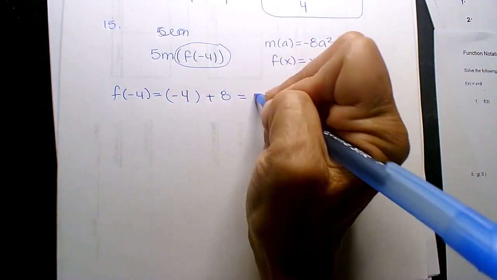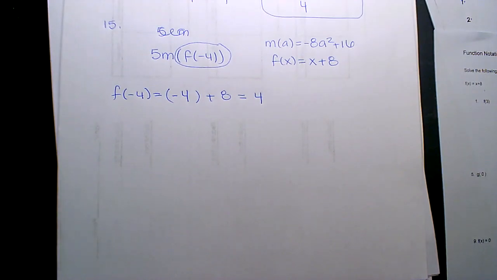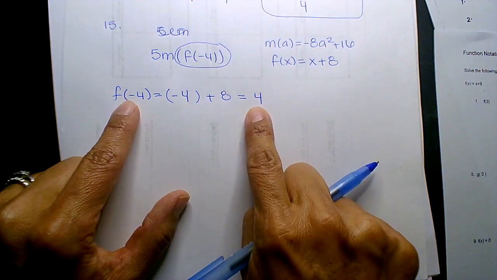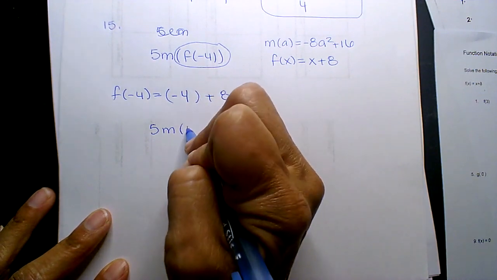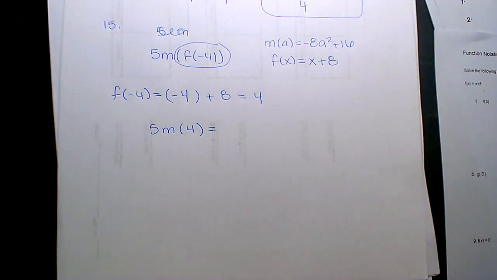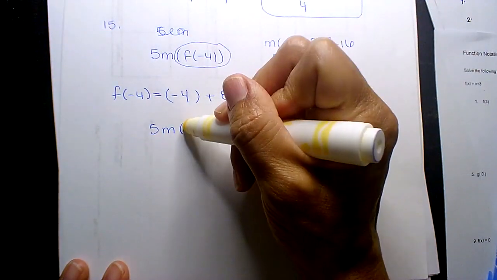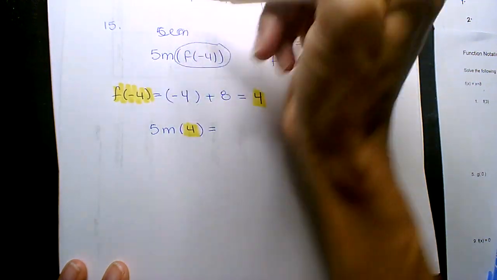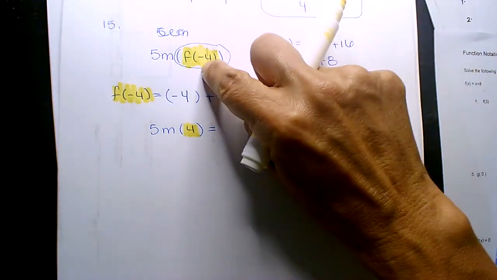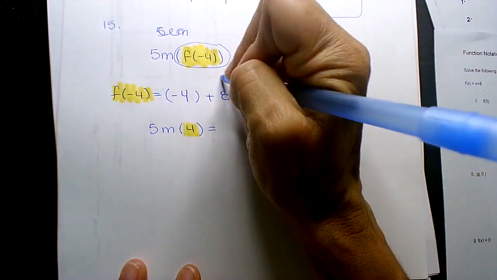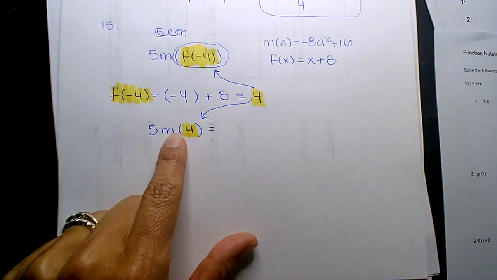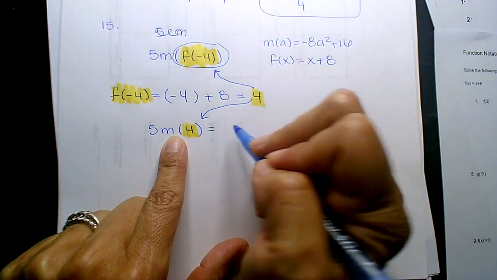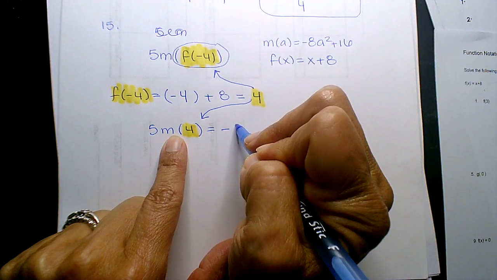And so then I just get the number 4, right? Okay, so now f of negative 4 is equal to 4. So now I want 5 times the function m, but I'm substituting in 4. So the output now becomes the input here, right? That's why I'm plugging it in there. So this is going into here, which is what you guys see here. Right, the output becomes the input. Okay, so now what is the m function? It's negative 8,